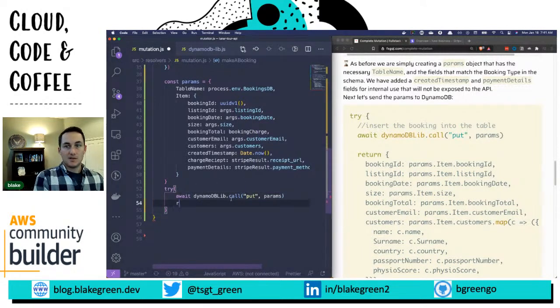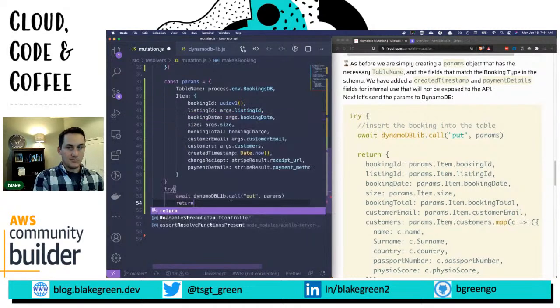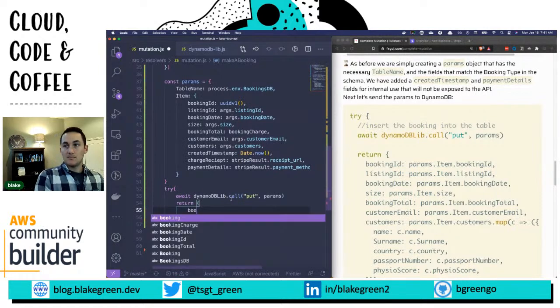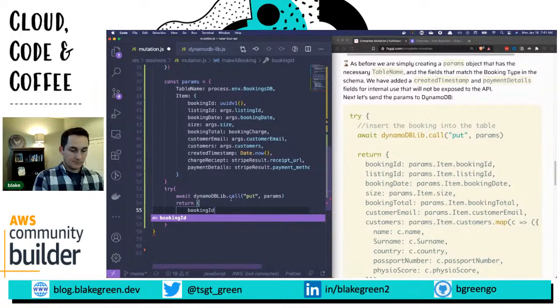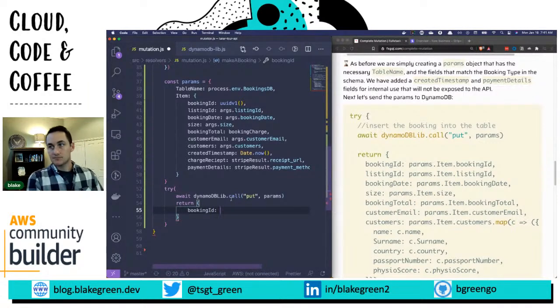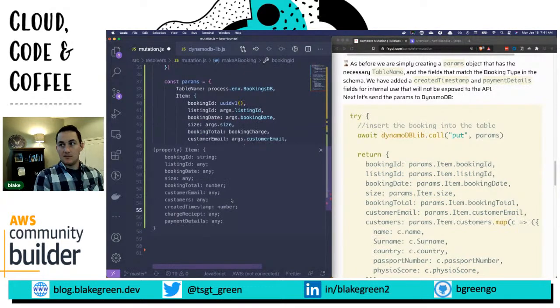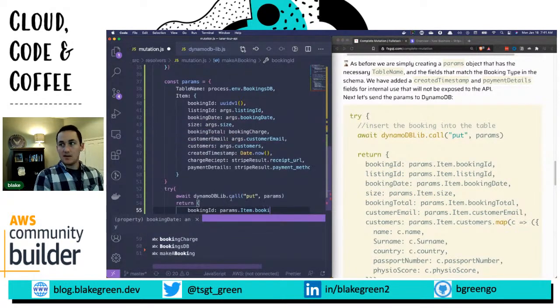And then we're going to return booking ID, which is params item booking ID,